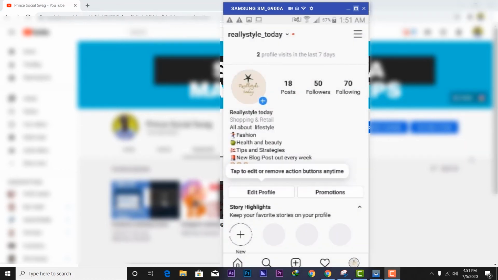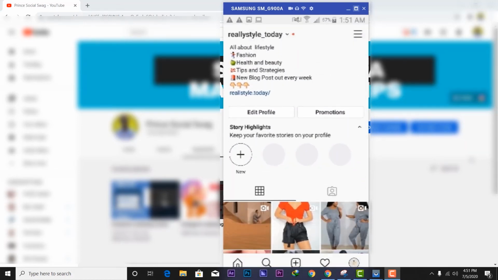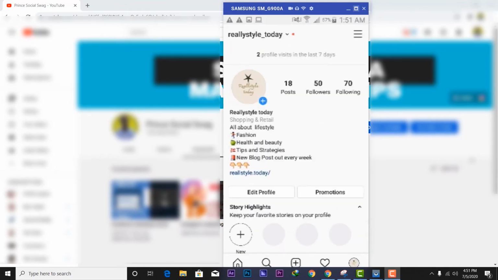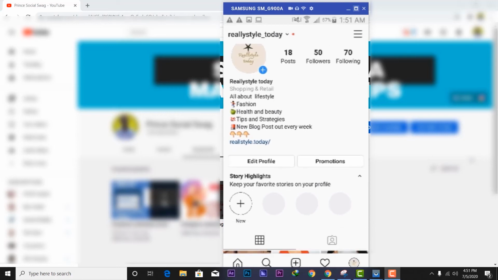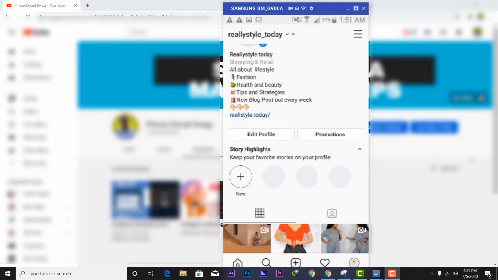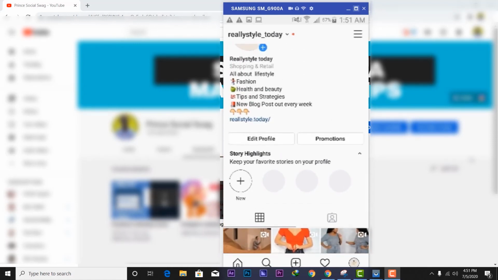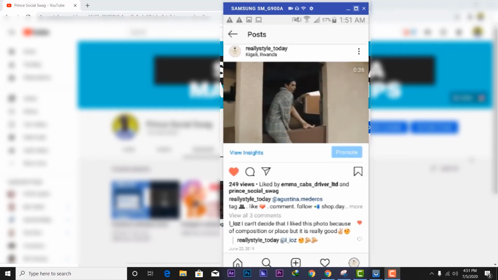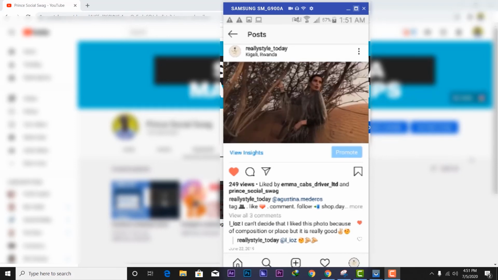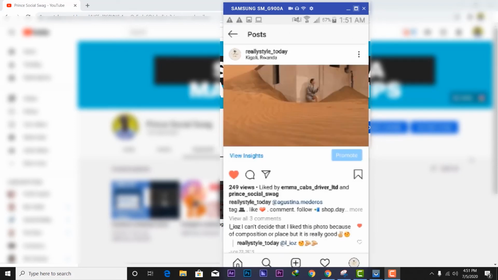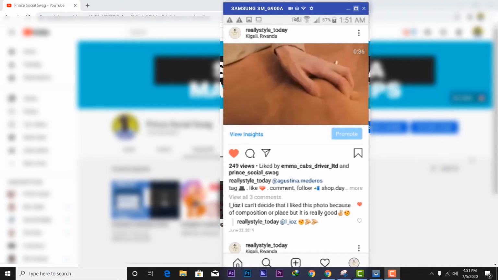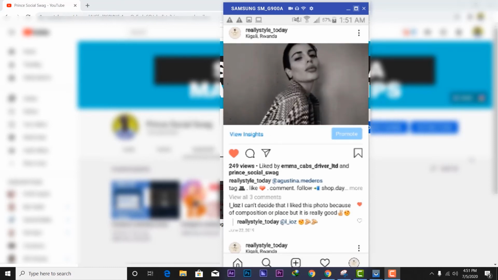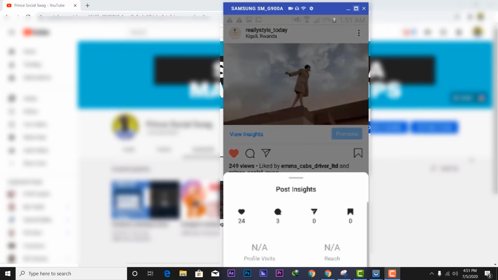So we have the features for the Instagram business page. Now we can do some more promotions. You see, we have the option to do promotions. Let's see, we have also the insights feature. For every post you make, you see the insights, the analytics of how your audience engaged with your post.